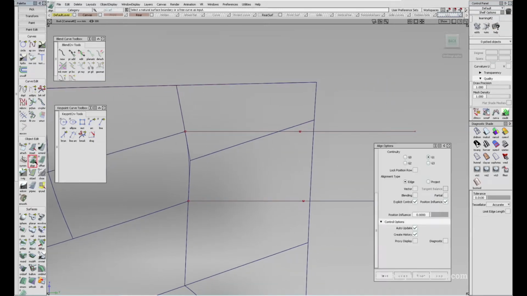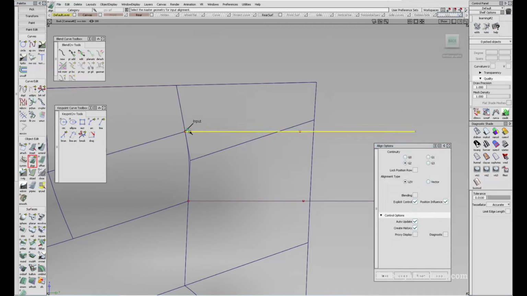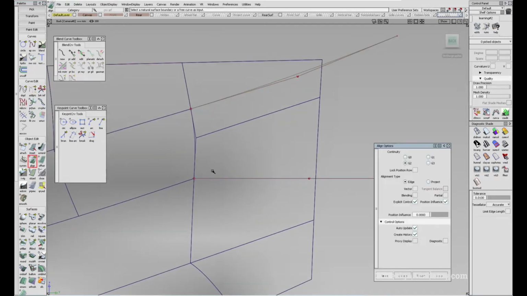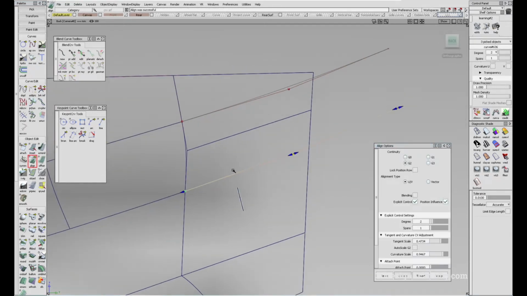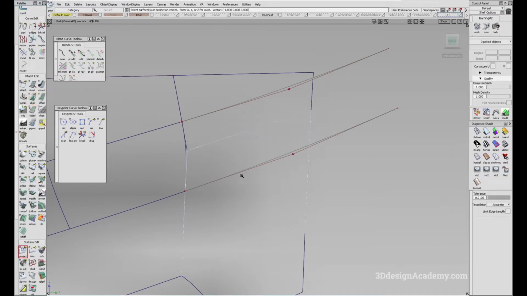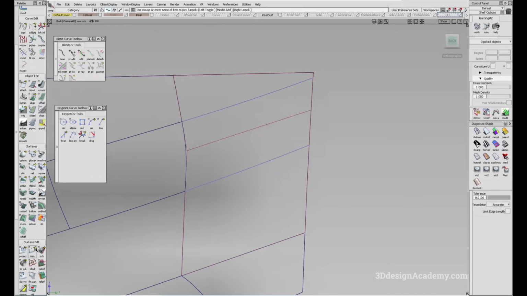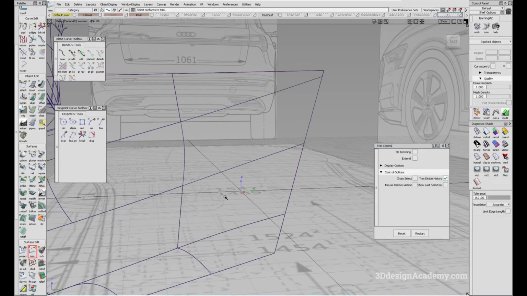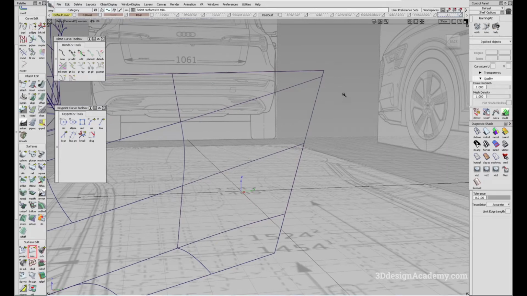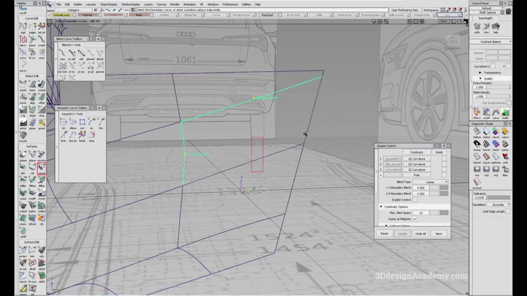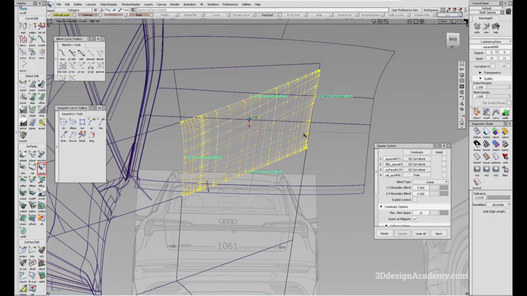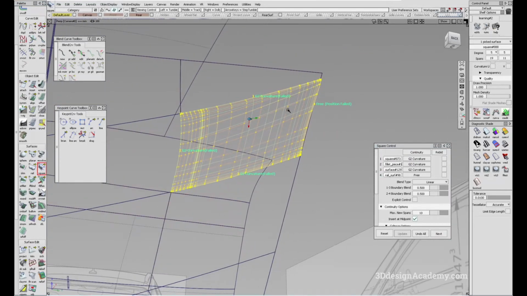And I'm just going to align these curves, curvature to here, and curvature to here. And I'm just going to project over here, and I'm going to finish it off with a square. So let me just trim over here and trim over here. And let's see, this one is, I wonder if it's a single edge. So let me just try a square over here. Okay, so curvature here,